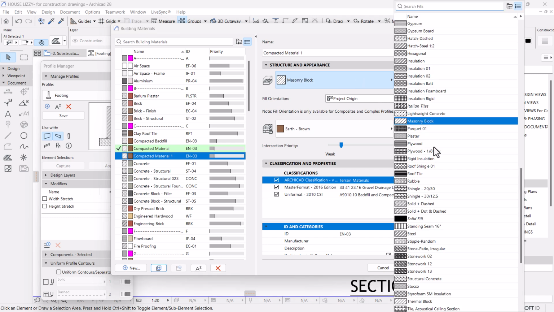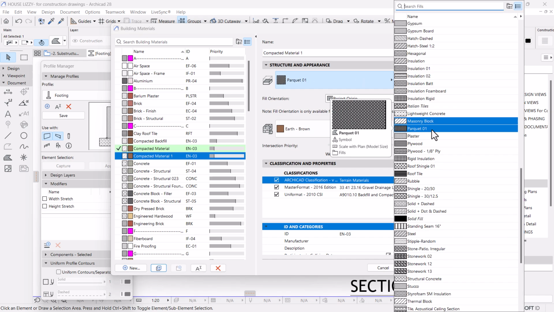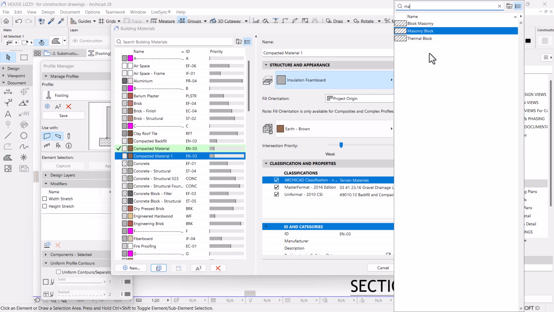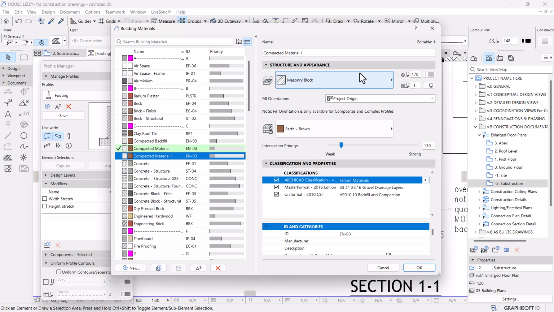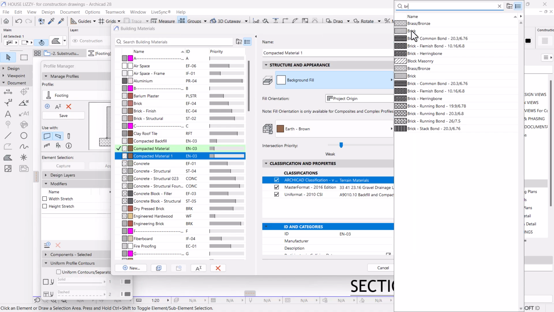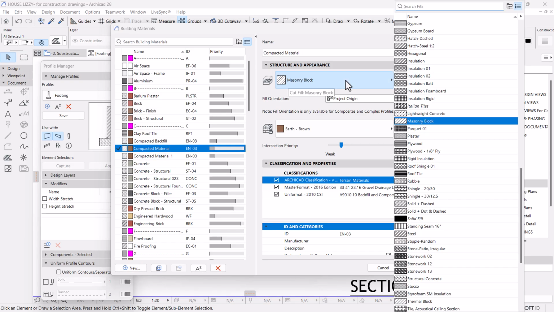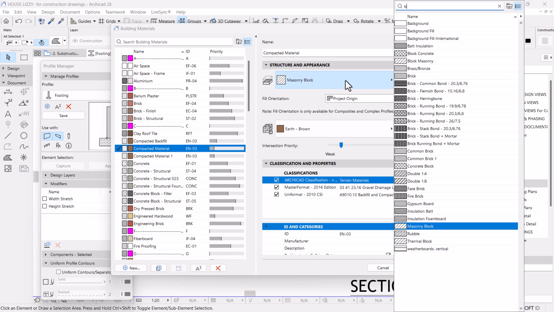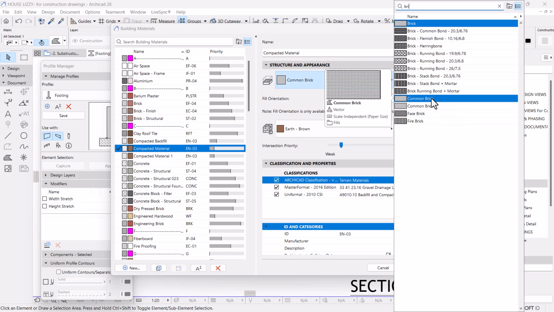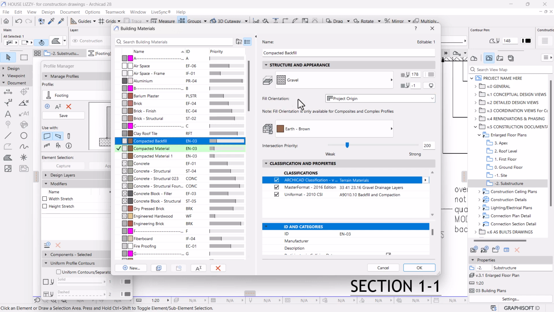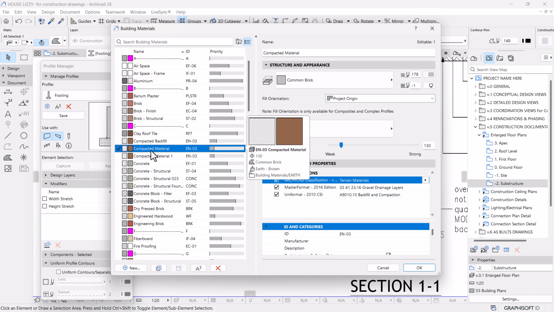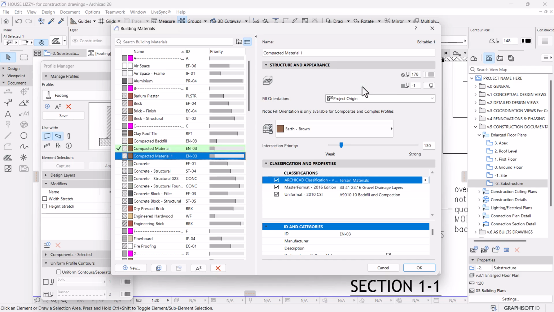Then change the fill to, where do we have Masonry block 1? Is it common brick? Let me see. It's brick. Yes, I think it's common brick. This one will be also, yeah, this will be common. Okay, here is common brick. This one will be common brick 1, yes, so that we can have